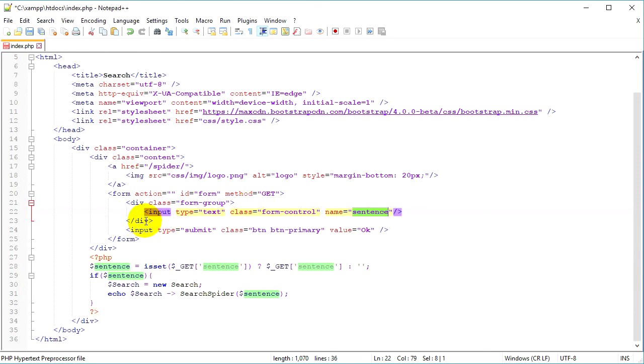And then below this field we have our submit button. So we have a type submit class. All these classes are coming from Bootstrap as well, but for this we also will have a little bit of styling in our style.css file for this button, because we want to change the color. By default it's blue, we want to make it green, and then the value for this button is OK. Now we close our form tag, we close our content div class,